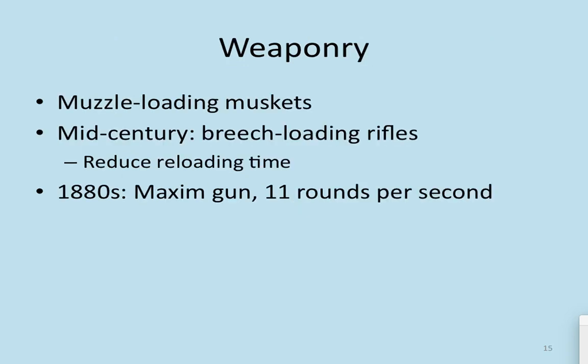Okay, for its other piece of technology, you need to know they are going to have the Maxim gun, which shoots 11 rounds per second. Now, ladies and gentlemen, you've all seen some movie about the American Civil War. Can we agree? Okay, it's not as bad as the American Revolution where they all stand in lines and shoot, and then the British shoot, and then we shoot, and then we run.